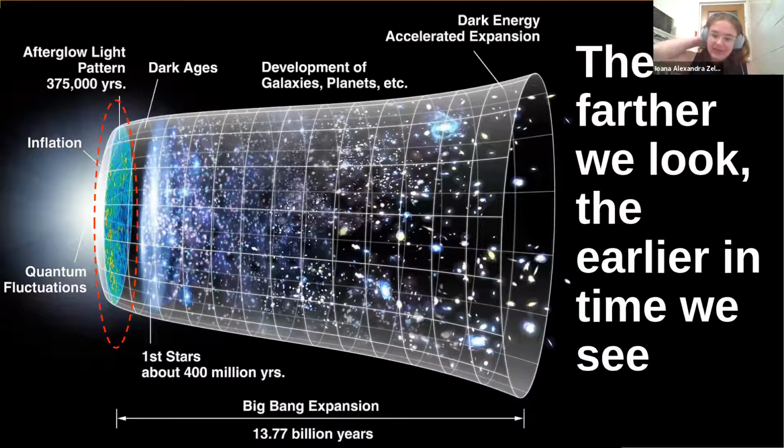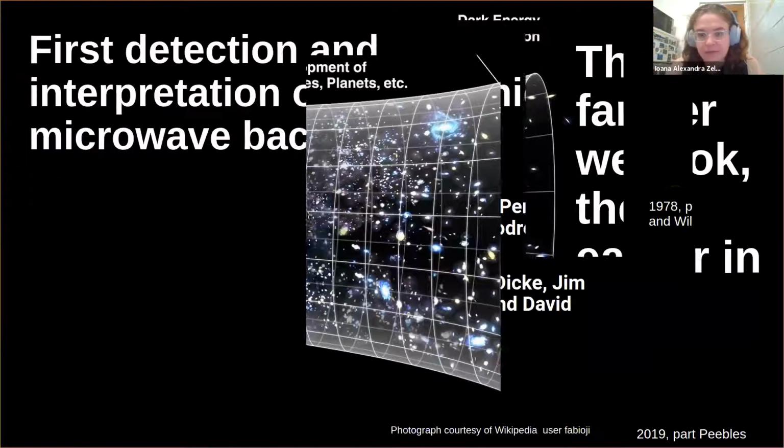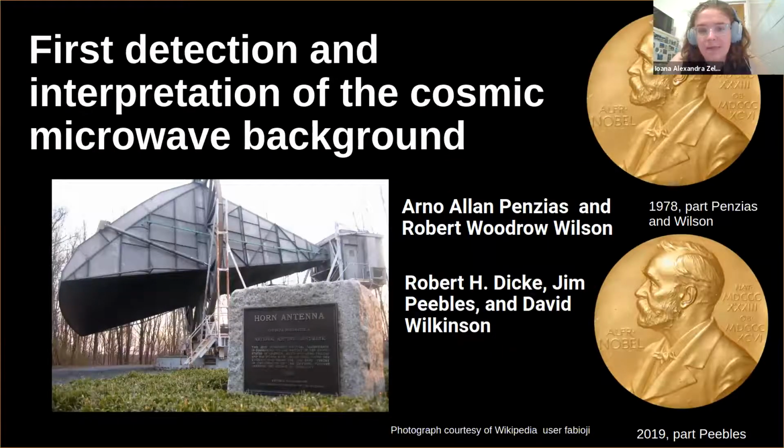So it needs to be experimentally validated, and the way to do that is to study this radiation in very high detail. The cosmic background radiation was first discovered in 1965 by Arno Penzias and Robert Wilson, who used